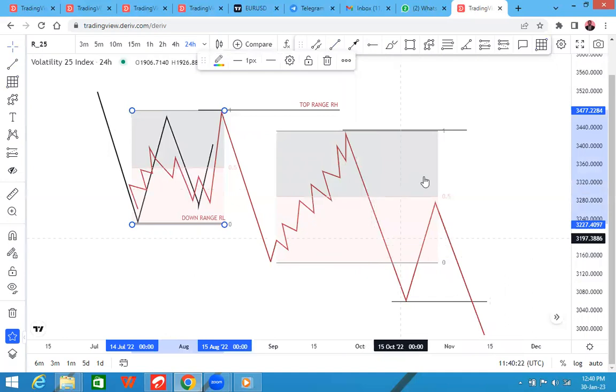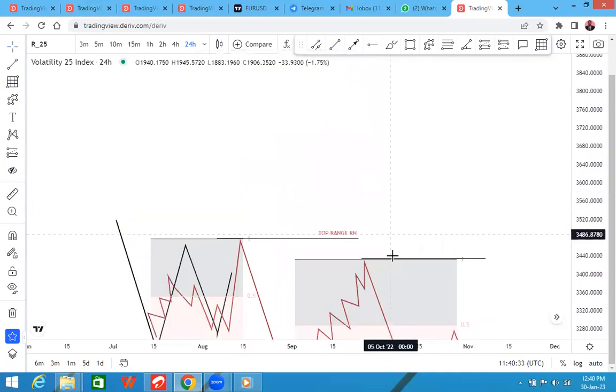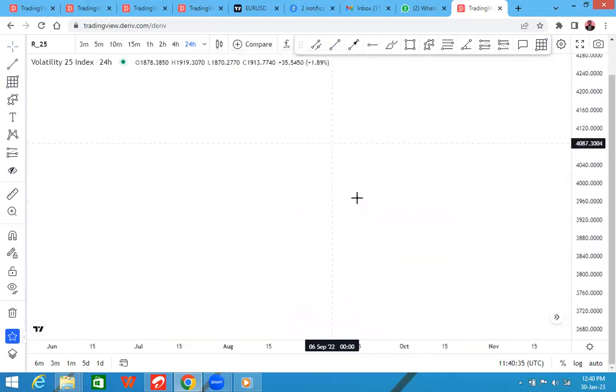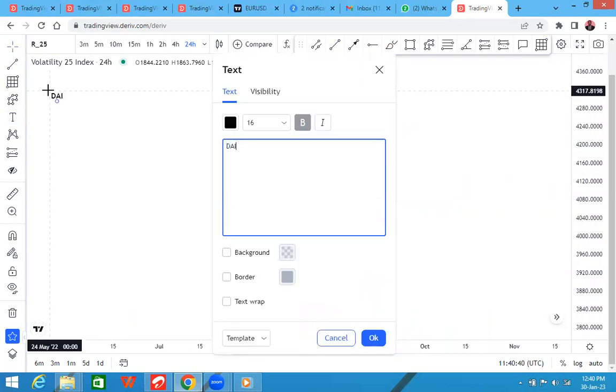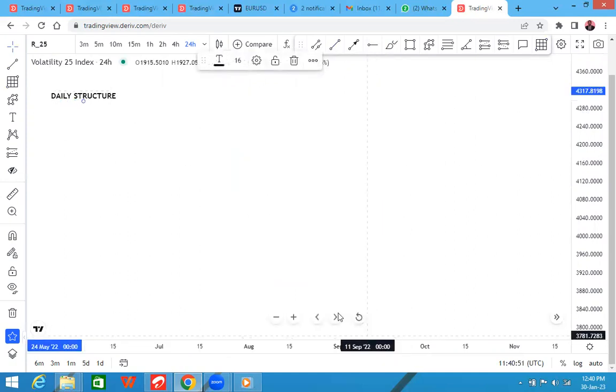So this is how to identify ranges, and ranges must be identified in line with the trend. Now let me call this daily structure. I want to deal with daily structure now. Now in your daily structure,